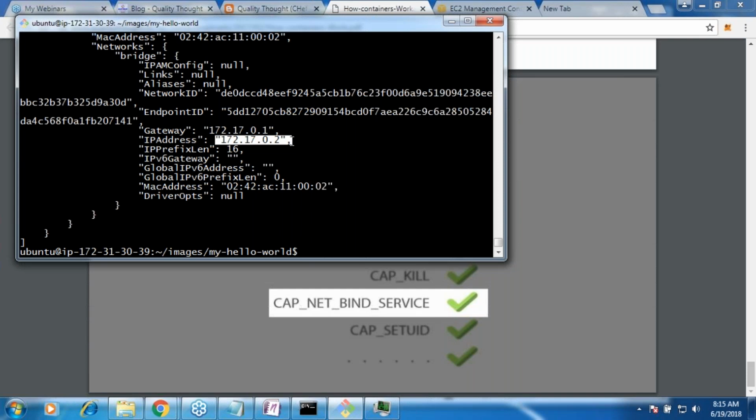So each container is getting whatever you expect for a physical machine, whatever you expect for an operating system. Are they all physical? No, they are all virtual. The network which you are seeing over here is a virtual network. The file system within this container is a virtual file system. The process tree within the container is a virtual process tree. So everything is virtual, but your applications will get whatever is required for them to run, right?